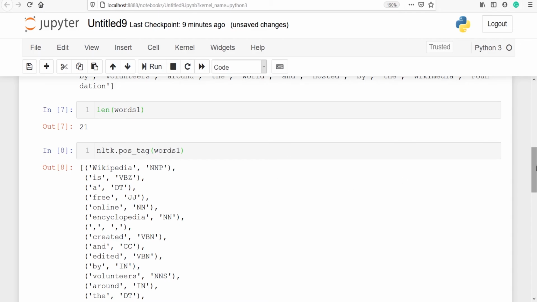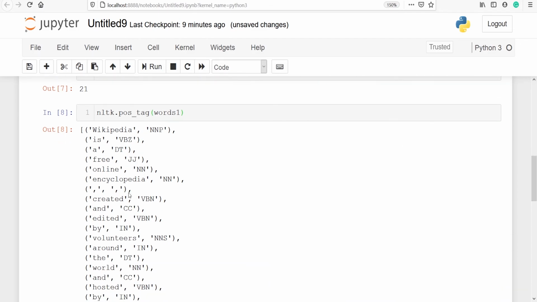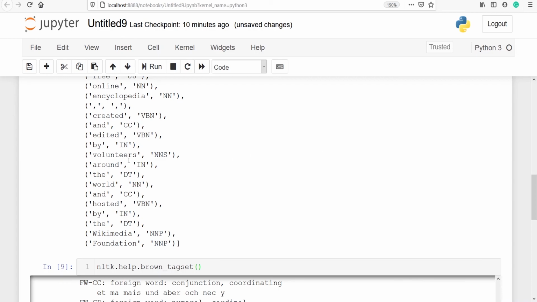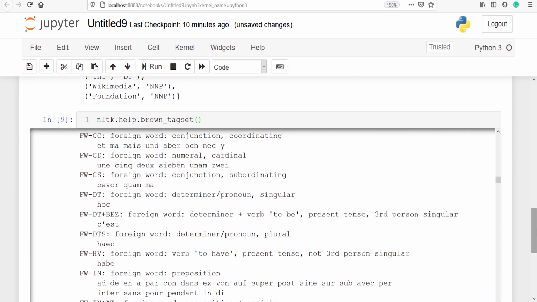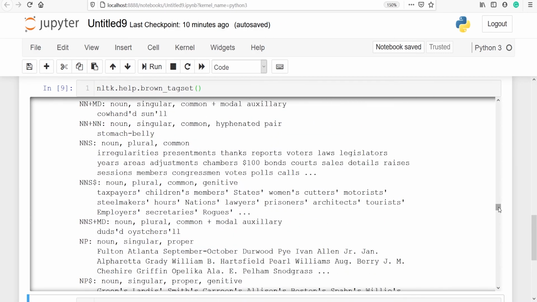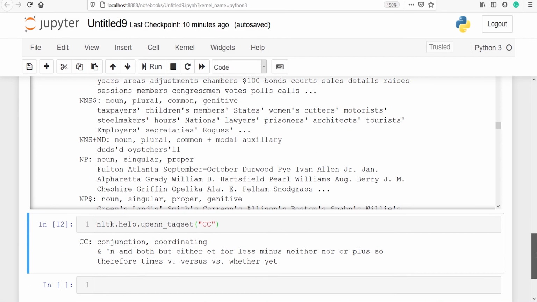And once we do that, we will get the parts of speech for each and every word. And to get the full form of all these parts of speech, we can use the help method. Using this method you will get all the full forms here, and if you want a particular full form you can use this other help method and put the POS here and get the full form of that.